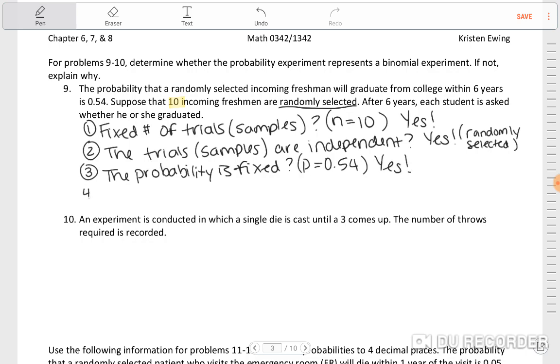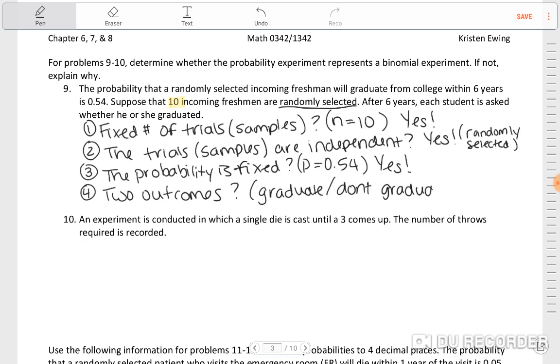So yes. And then the fourth thing, it says there's only two outcomes. Two outcomes. Graduate. Don't graduate. Yes. Okay, since all of these are yes, this is a binomial experiment. So on your test, when you determine this, you would just say yes, or you can just say yes or no. You don't have to say is a binomial experiment. I mean, I ran out of a little bit of space there, but I'm just going to go ahead and